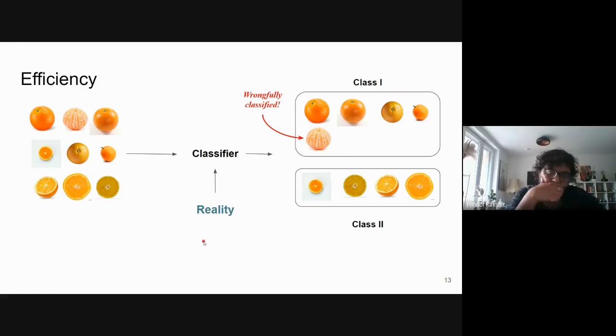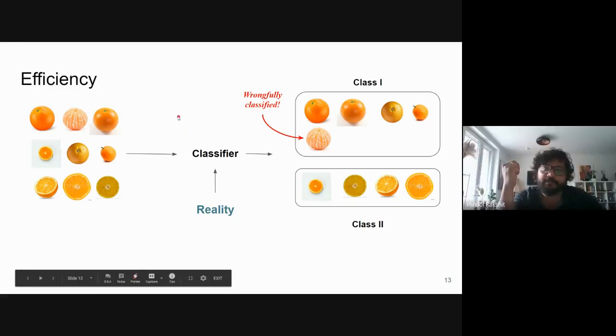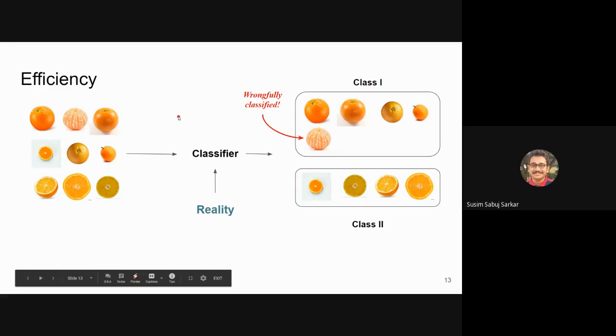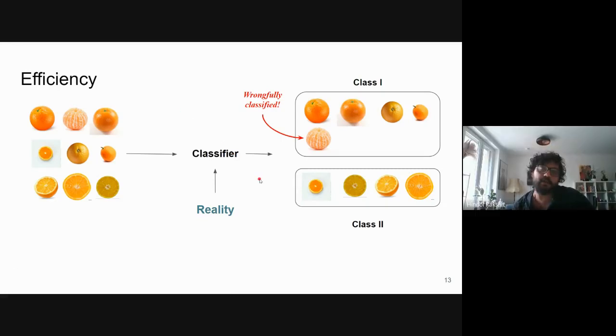So I have two questions. No, I did not tell anything. Just he wrote the question. Yeah, so the thing is, what can we do to make sure that this orange falls into this class? Another thing is, is there something wrong with the way we have defined our classes? Let me know.